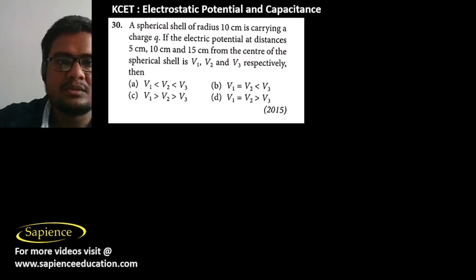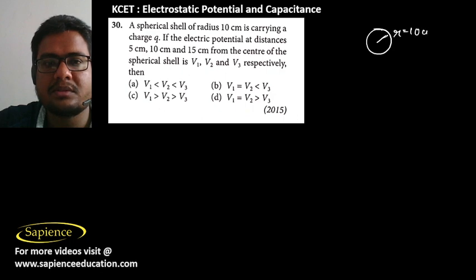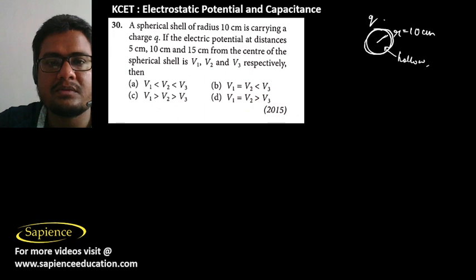In question number 30, it is told a spherical shell of radius 10 centimeter is carrying charge Q. There is a spherical shell having radius R, which is 10 centimeter. It is carrying some charge Q. There is a spherical shell, means the inside is hollow. If the electric potential at distances 5 centimeter, 10 centimeter, and 15 centimeter from the center of the spherical shell is V1, V2, and V3 respectively, then we know that